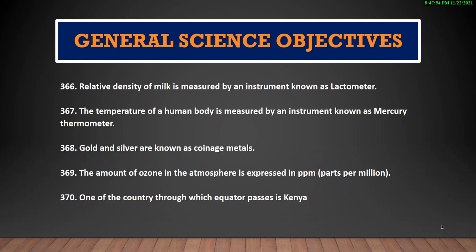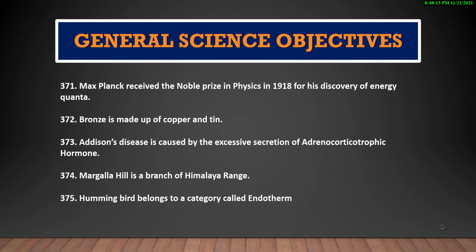Gold and silver are known as coinage metals. The amount of ozone in the atmosphere is expressed in ppm, parts per million. One of the countries through which the equator passes is Kenya. Max Planck received the Nobel Prize in Physics in 1918 for his discovery of energy quanta. Bronze is made up of copper and tin. Addison's disease is caused by the excessive secretion of adrenocorticotropic